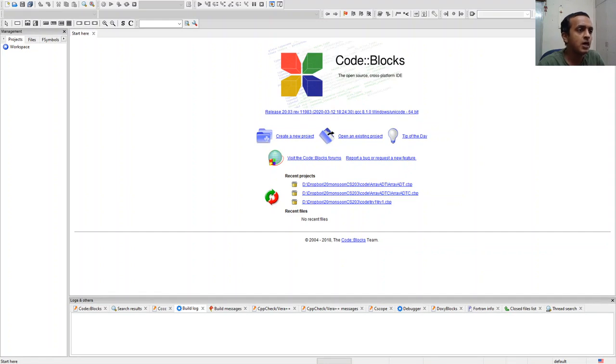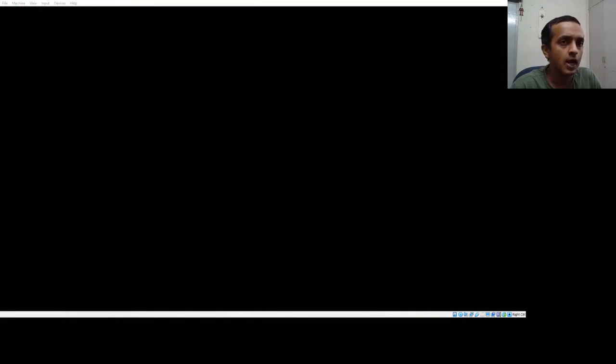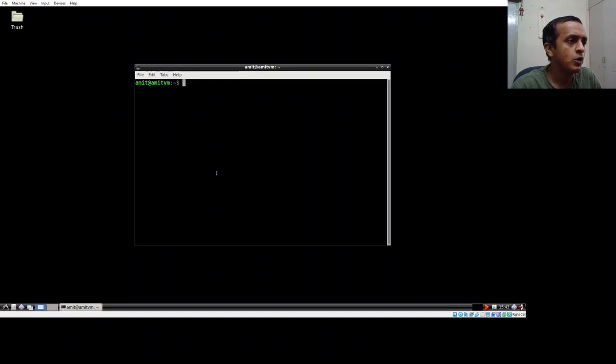In case you are using Linux, I'm assuming that you would be using some sort of Ubuntu or its variant. In that case, what you have to do is install Code::Blocks using any package manager. If you use apt-get and simply install codeblocks, it should point you to Code::Blocks.